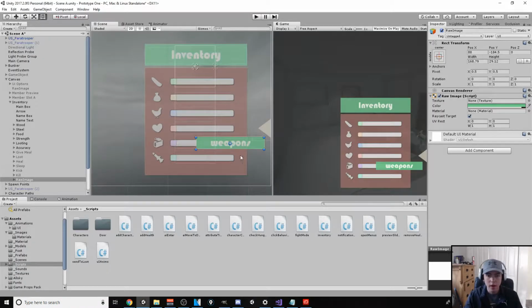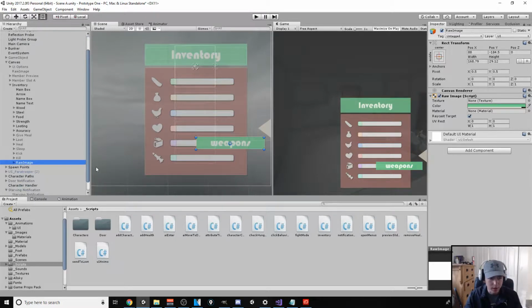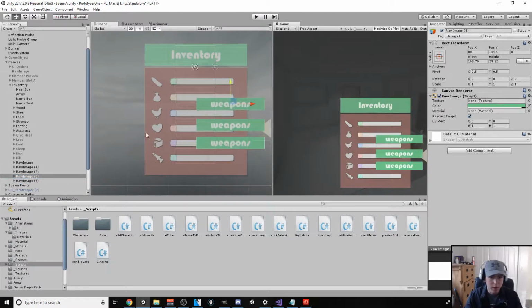Okay, so what I could do is set it up so every time I hover over a particular object, we could have another preset game object like this box currently for each one. So right now this is a raw image, and we'd have a bunch, one for each. Then we would deactivate each one until we're ready to use it, and every time we hover, the corresponding UI would pop up. But